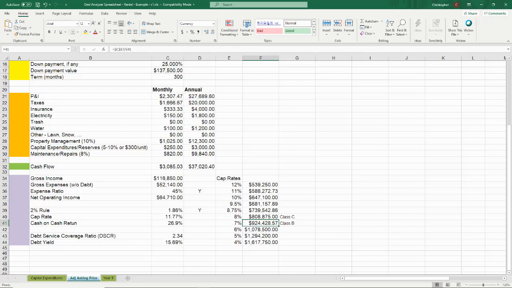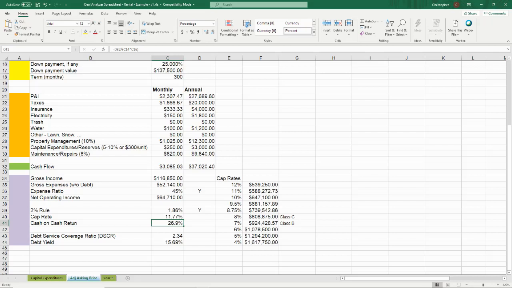All right, we got to move on. Just a few more things. Cash on cash return. This is your return on investment. I said before, it's simply what you get back for the dollars that you put in. So measured annually, this real estate asset provides a 26.9% return on investment, or cash on cash return it's called, because it's the cash that you took out of your pocket and put in as an investment into the real estate asset. So never mind what the bank provided.